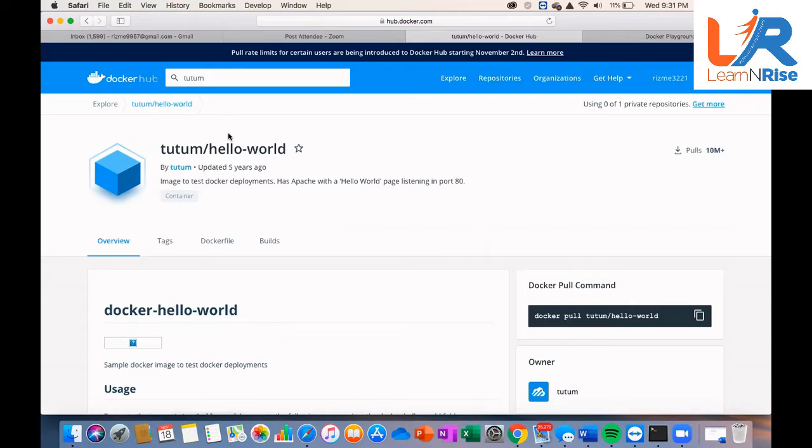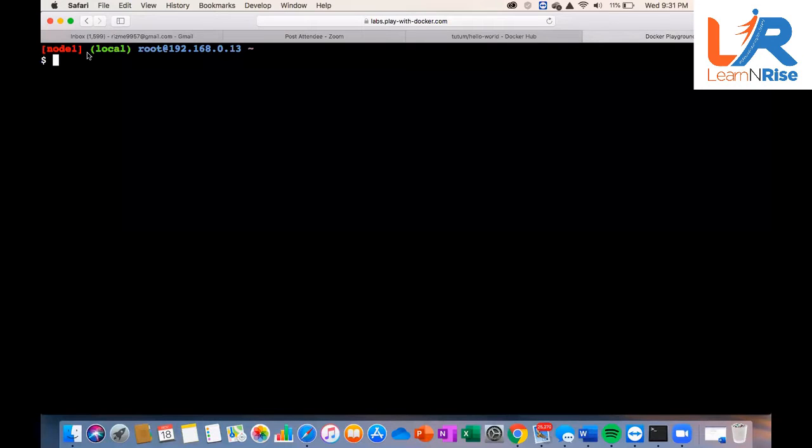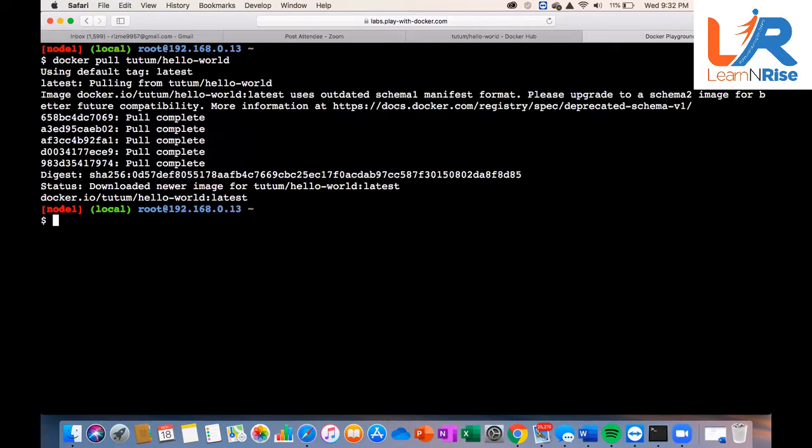So how can you pull this image? Now you see there is a command called docker pull, right? Just copy this command. You have a copy button also, on this side, small. Okay, good. Now go back to your Docker terminal. Paste this command. Now you are pulling an image which already contains a web server and a website. Press enter. All done. We can confirm by typing docker images.